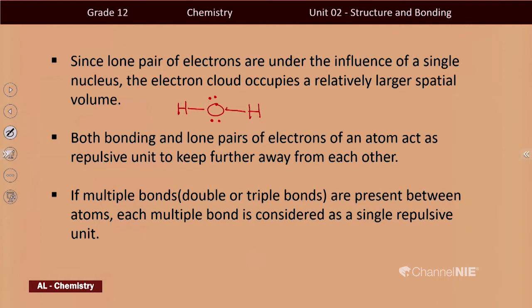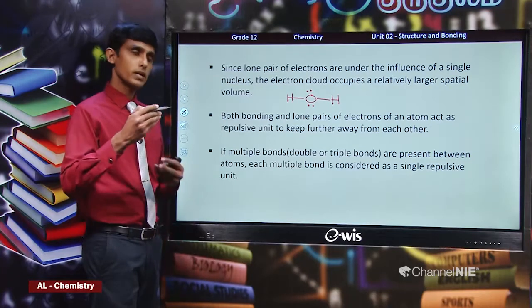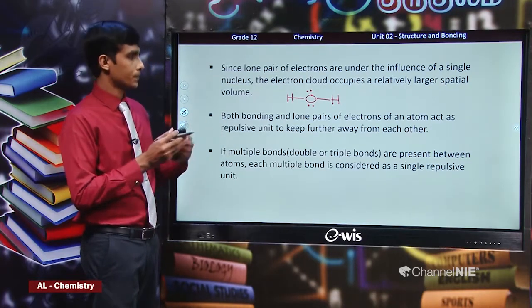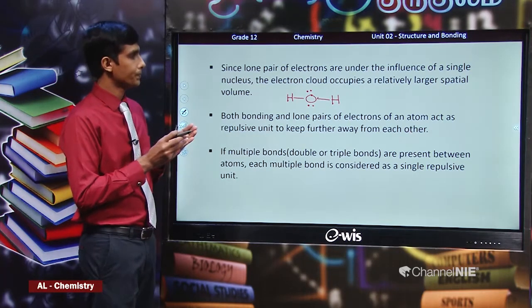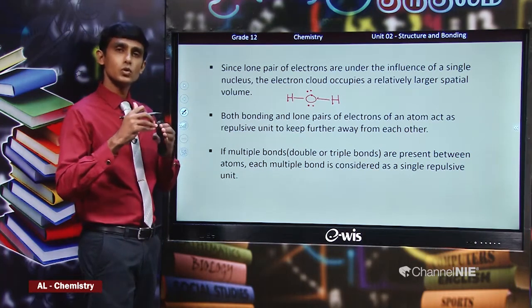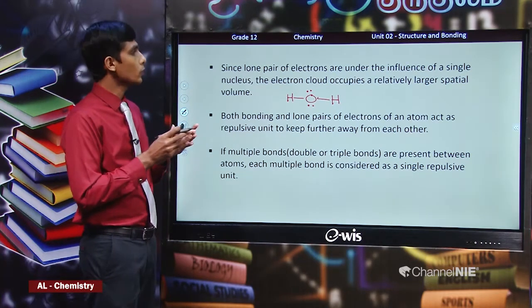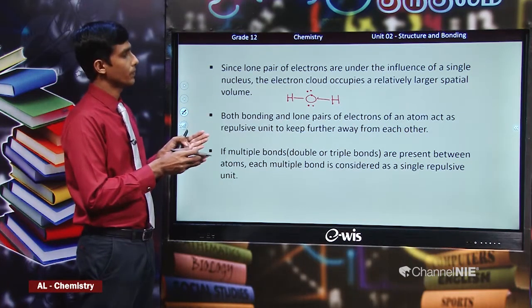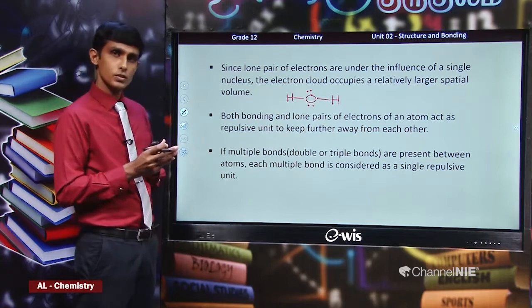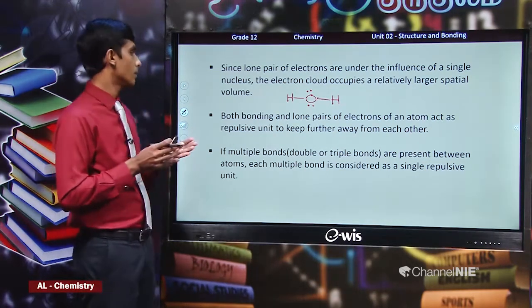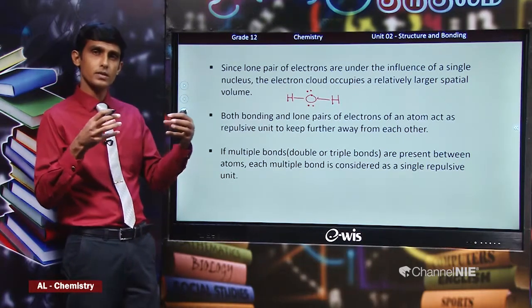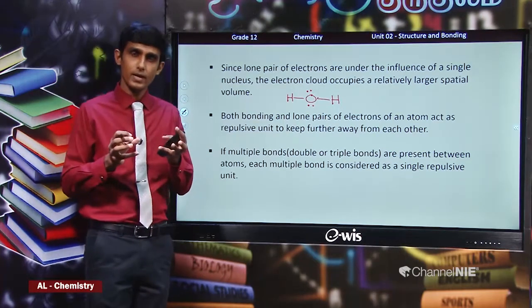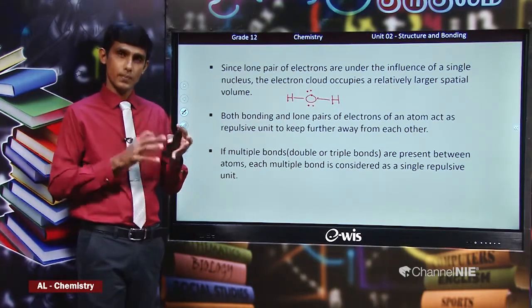Now, around oxygen you can see two lone pairs. But these lone pairs are connected with only one atom. Therefore, the electron cloud of a lone pair spreads through a larger volume; it occupies a larger spatial volume. In contrast to that, bonding pairs are restricted, they are between two atoms. Therefore, the spatial distribution of a bonding pair is somewhat less compared to a lone pair.